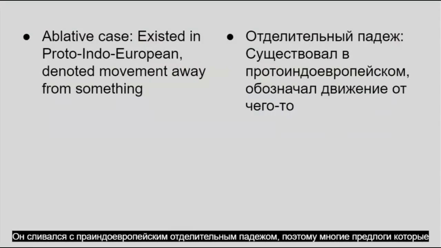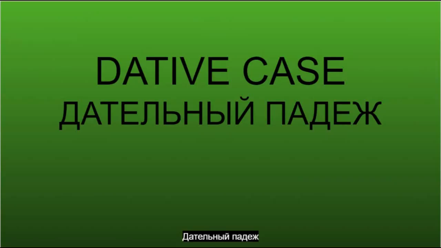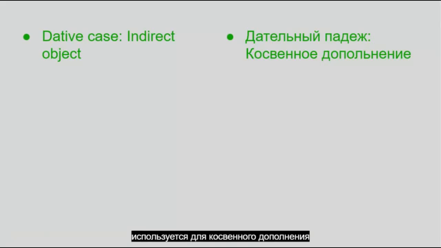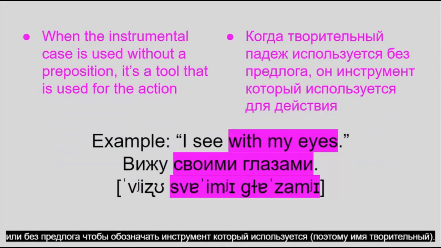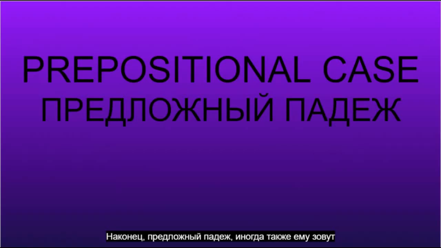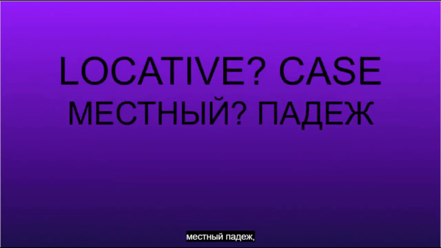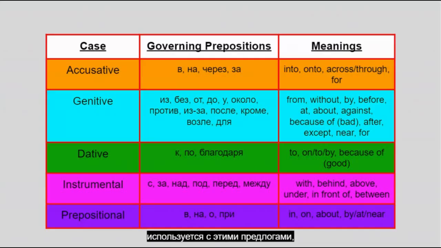It merged with the PIE ablative case, so a lot of the prepositions that govern the genitive case describe movement away from something or talk about the absence of something. The dative case is used for the indirect object and with these prepositions. The instrumental case is used with these prepositions or without a preposition to denote a tool that gets used, hence the name instrumental. Finally, the prepositional case, also sometimes called the locative case, is used with these prepositions, and